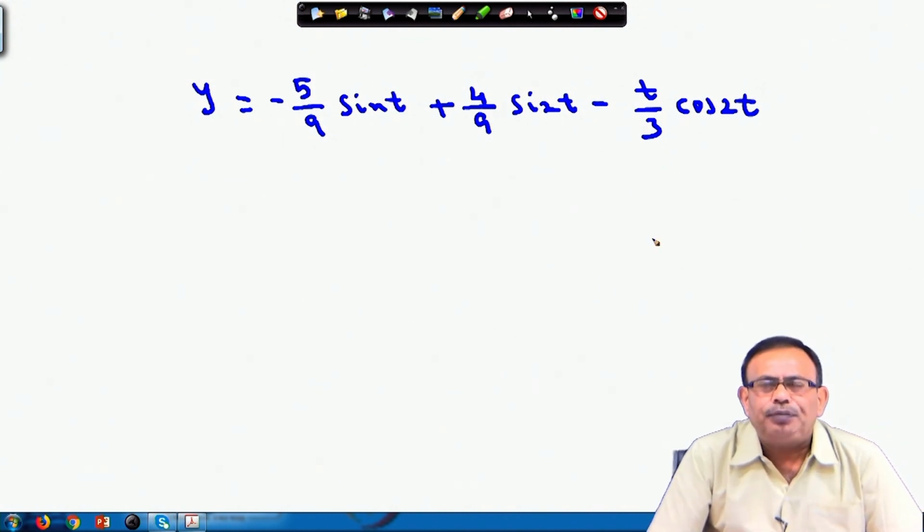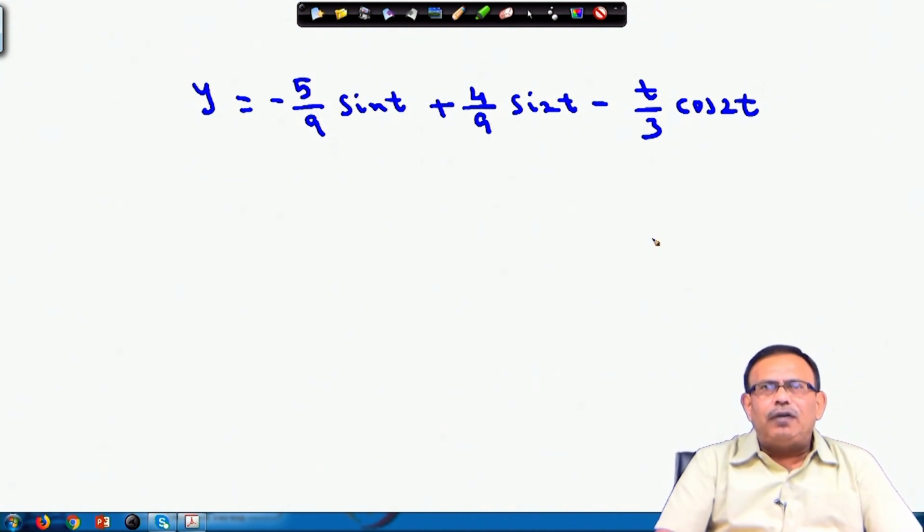So, this is the solution process whenever you are dealing with ordinary differential equations with constant coefficients. In the next lecture also, we will continue with the solution of some other types of ordinary differential equations.